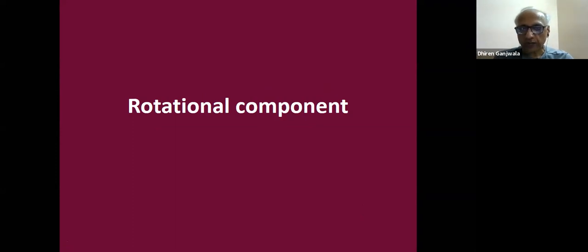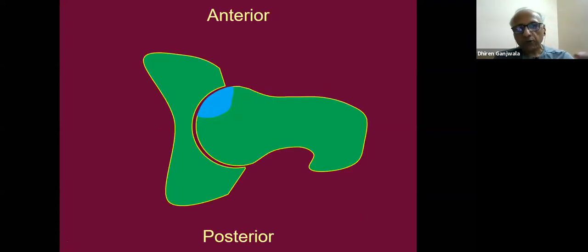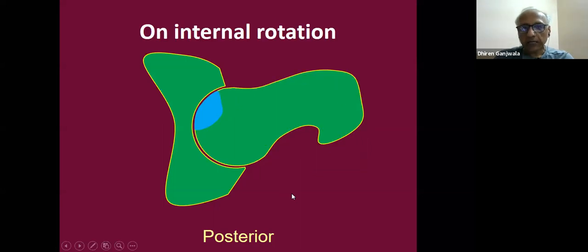D is for derotation. And to understand that, let us look at the axial pictures. So we are looking at the axial picture. One is showing the acetabulum and the other is the proximal femur. This is an axial cut. So now you can see that in the anterior part, there is an affected area. So when we internally rotate, next slide. Yeah. When we internally rotate, the affected area comes inside the acetabulum. So now the question is how to keep this proximal femur in internal rotation.